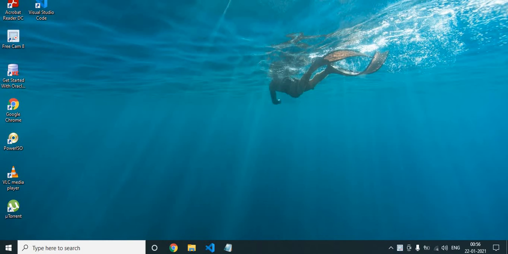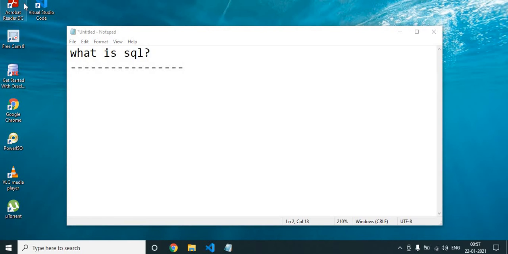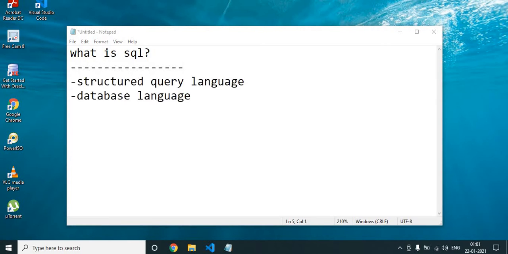Let's start. So first question is, what is SQL? SQL stands for Structured Query Language. SQL is built specifically for communicating with databases. SQL is a standardized database language. Most of the popular databases such as MySQL, Oracle, MariaDB, SQL Server use this language SQL with a bit of proprietary